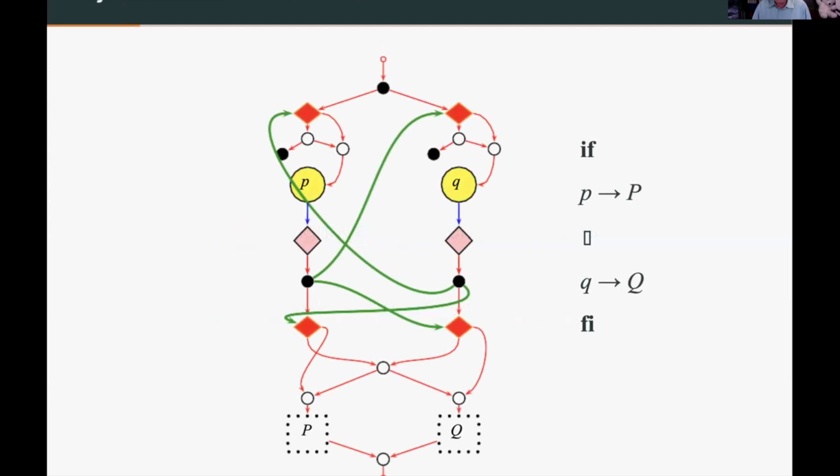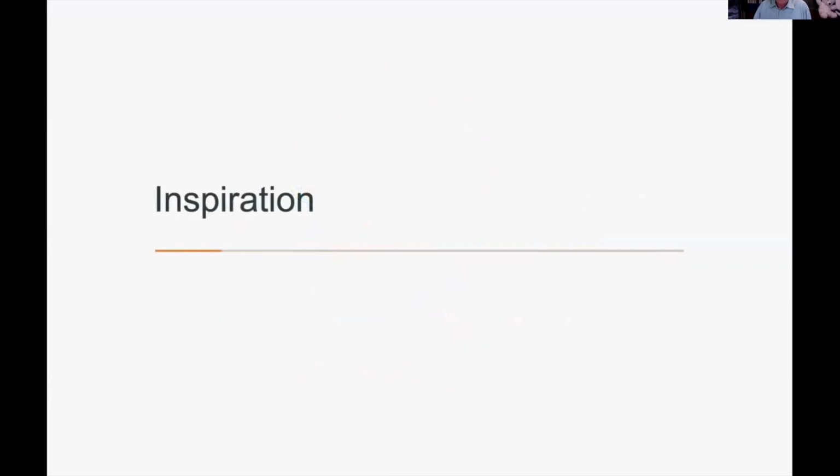And just getting ahead of myself, here's an example of Dijkstra's conditional, where you have this left branch for P and the right branch for Q, but taking into account the possibility of skipping one of the tests if the other one already succeeded. And we'll get back to this.